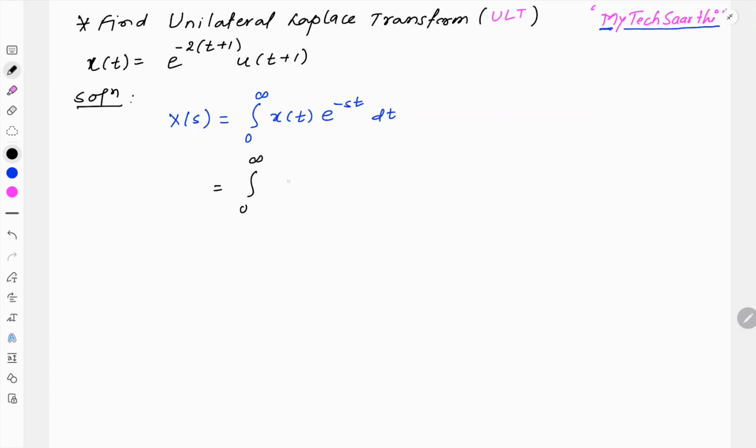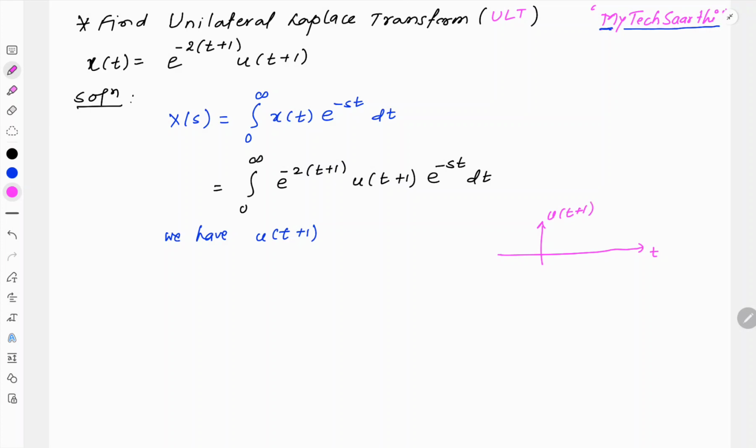So integration 0 to infinity, x(t) is given as e raised to minus 2t plus 1 into u(t plus 1) into e raised to minus st dt. Now in the above equation we have u(t plus 1). So this signal is a shifted version of the unit step. So if we plot this u(t plus 1) signal,